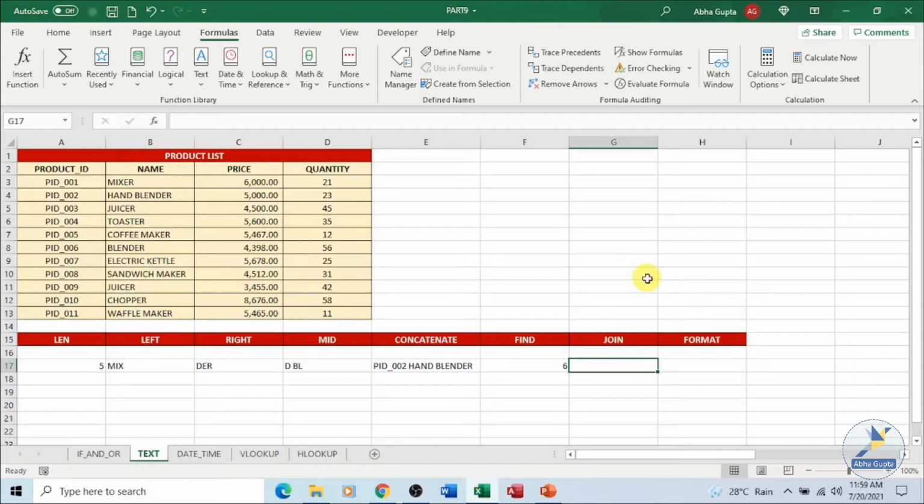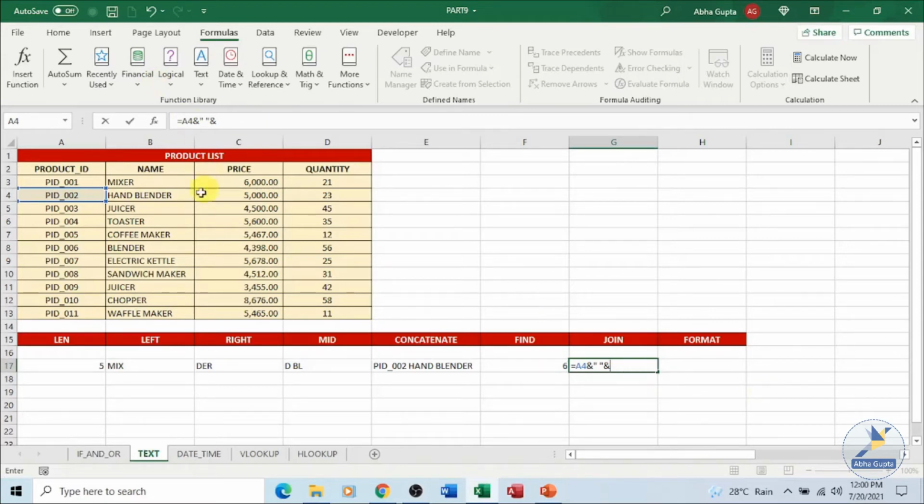We can give the cell addresses together with the ampersand. For example, same example, equal to A4, and what we want to join it with, the ampersand, a space in between, and after the space again an ampersand, so that A4 and the space should be joined, and after that we want another space. If you don't want it, you can always omit it, or let's omit it.